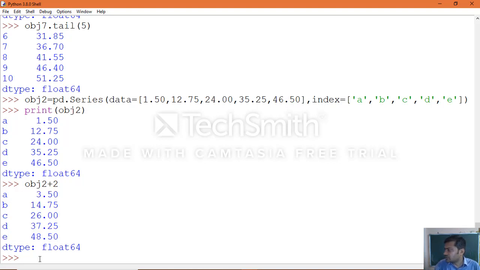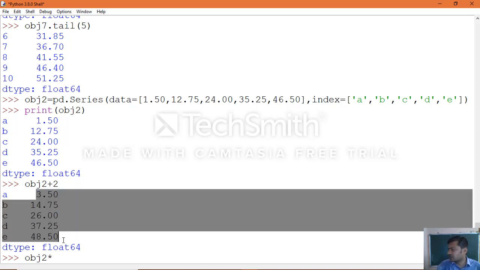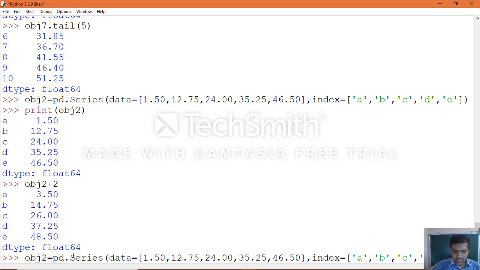In the same manner, if you want to multiply the object, obj2 times 3, what happens here? The data will be multiplied if you execute. If you want the old data back, you can copy it and execute again.